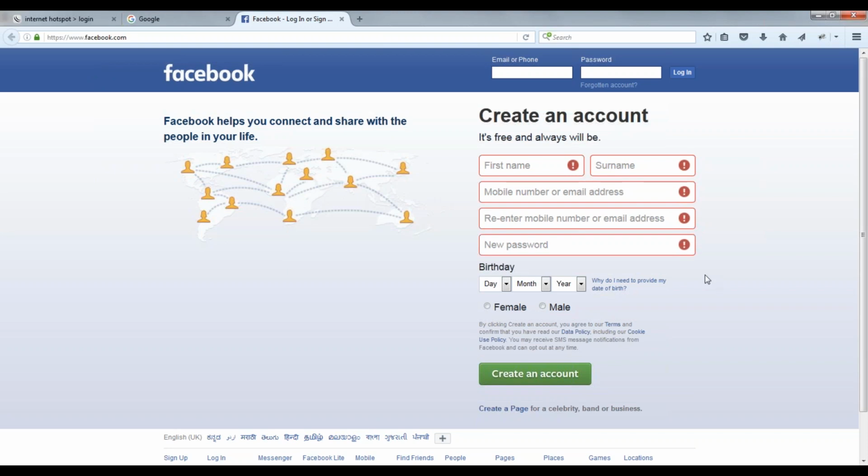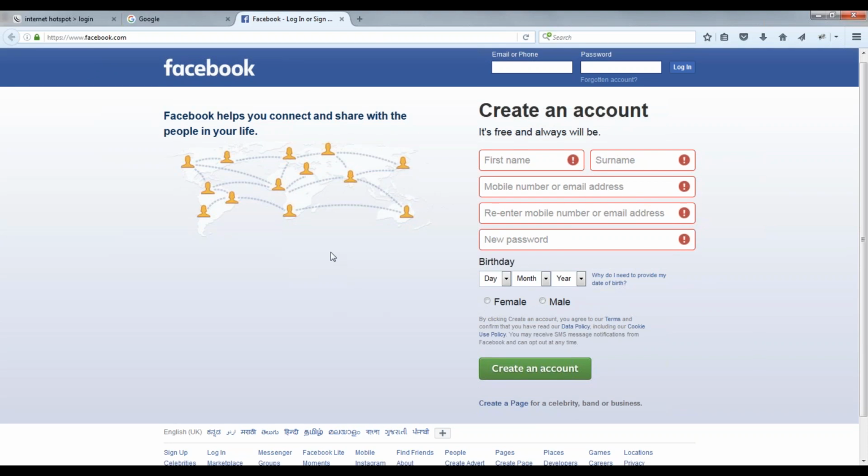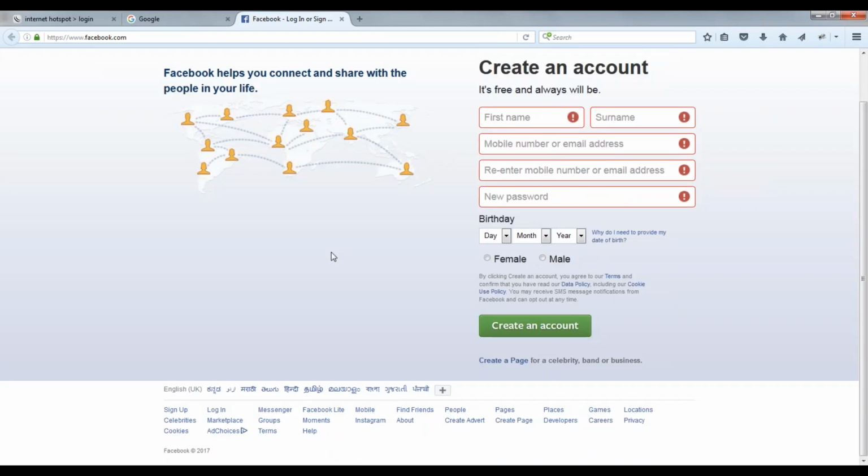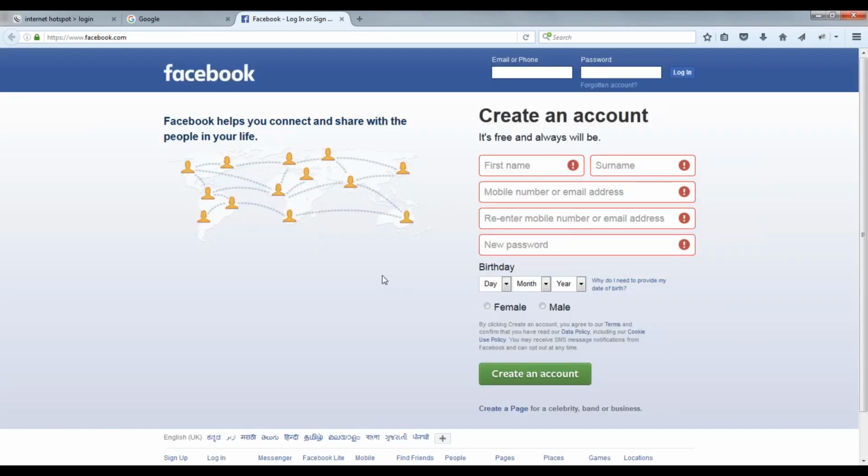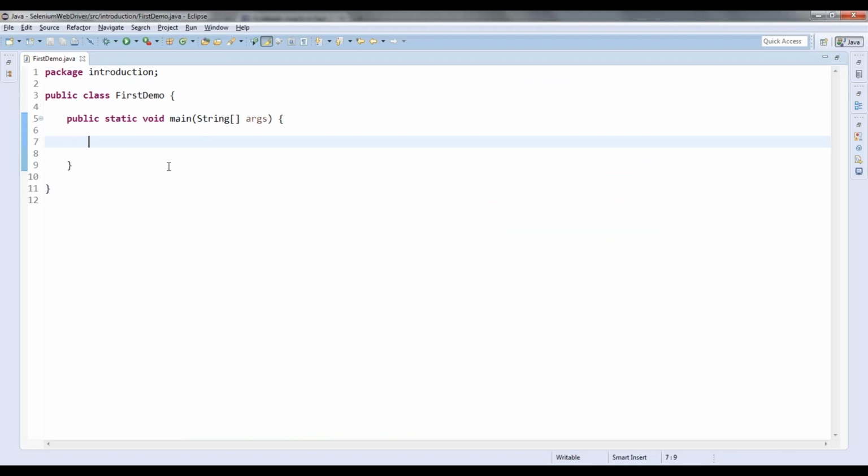Whatever we have learned, like ID is one locator, name is another locator, link text is one locator, partial link text is another locator. Yesterday we saw that much, correct? Yeah. So let us practice that once again. What is the first step we have to do?